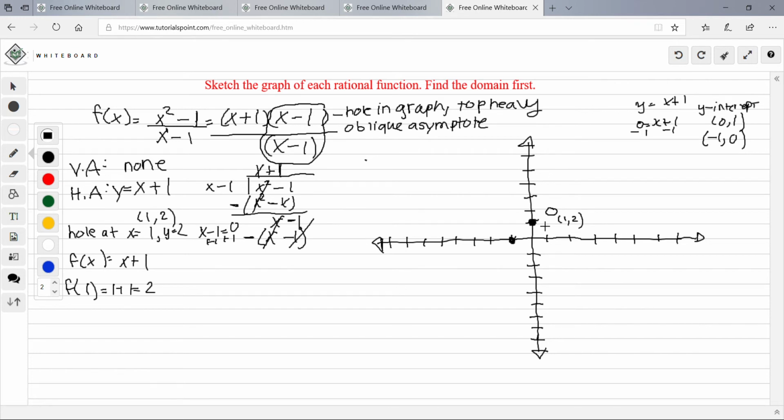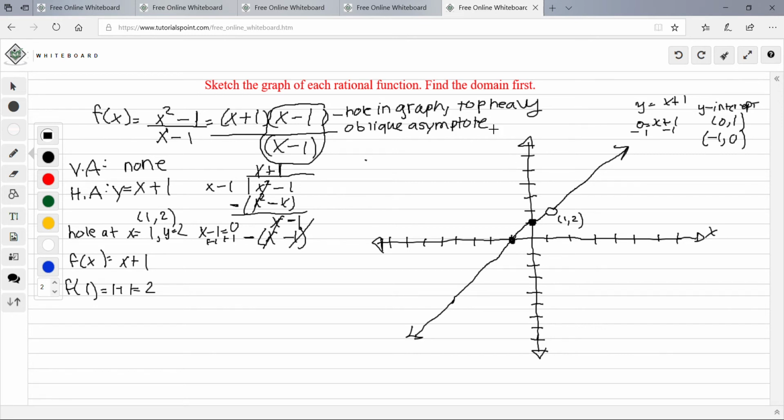I'm not going to go through the hole, so it looks something like this. You can make it prettier if you want. But it doesn't pass through that hole, so it's going to skip and then just keep going linear. The problem doesn't ask you